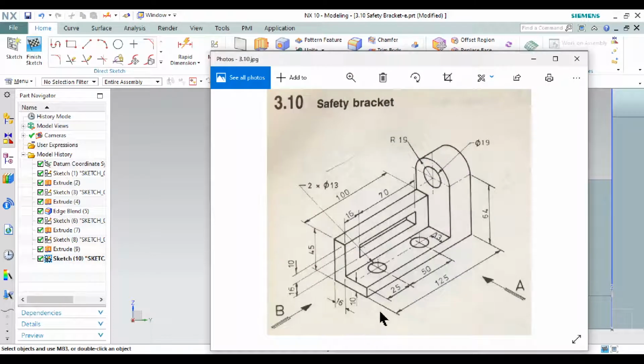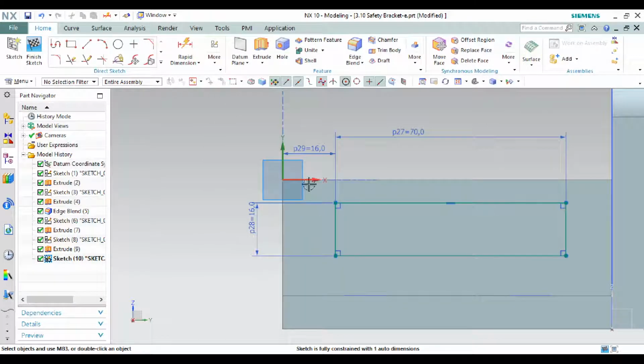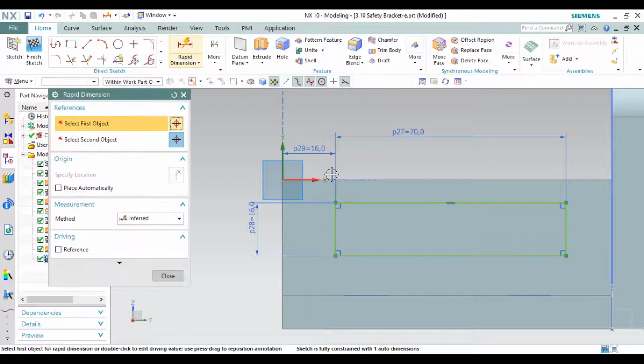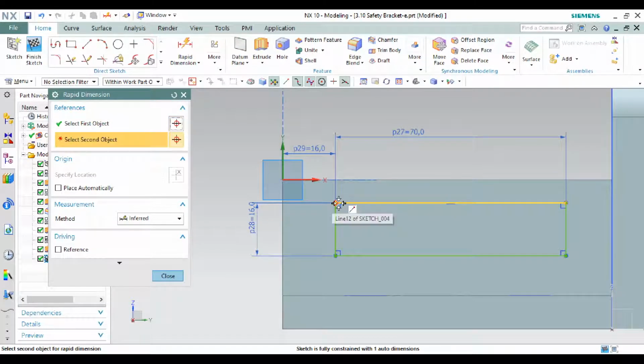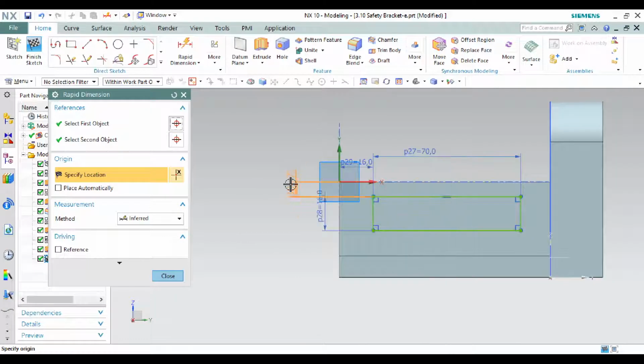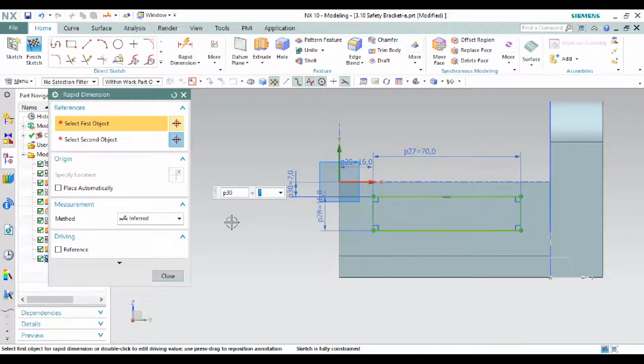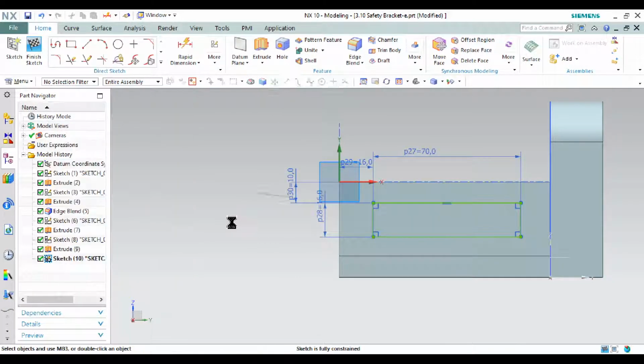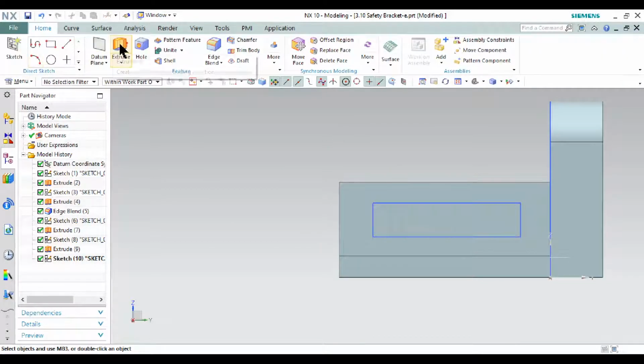After that, you must give the dimension from this to this is 10. Click the rapid dimension, or you can click D on your keyboard, click this to this, then give 10. Okay, the sketch is fully constrained, so I will go into the finish sketch, and then going to the extrude,